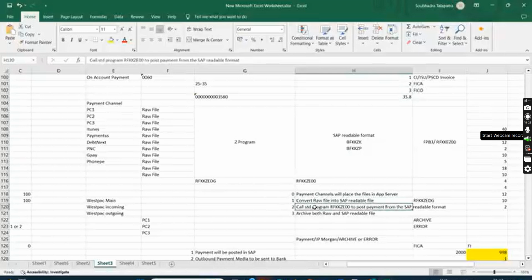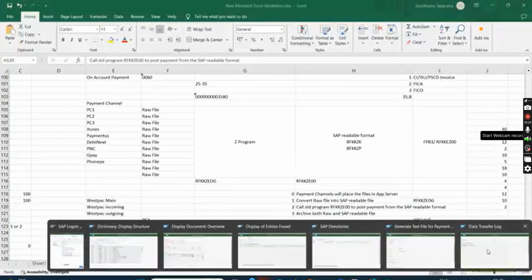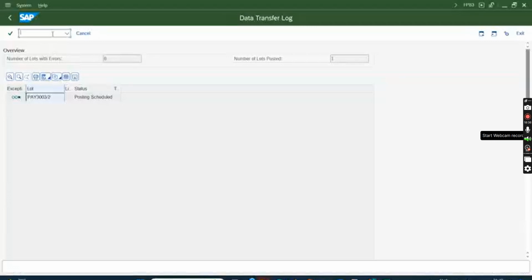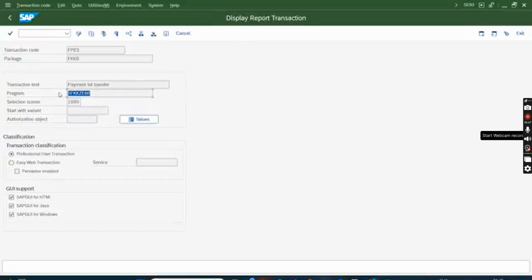Once it is converted, then call the standard program, this FPB3. What is the standard program for FPB3? You can check, this is FPB3 only, /n AC93. FPB3. This is a standard program. Okay,